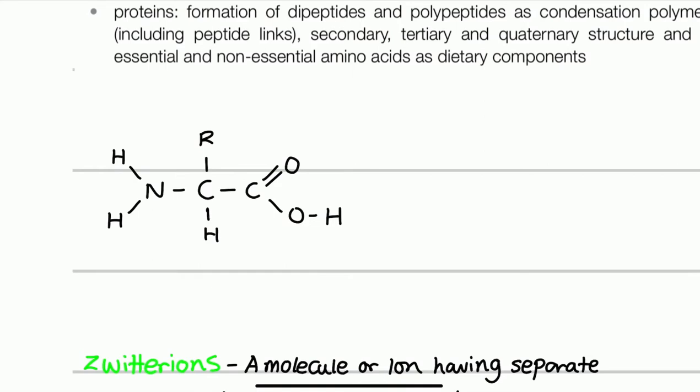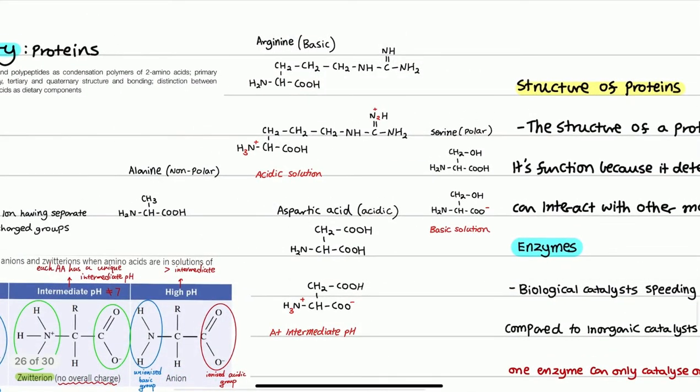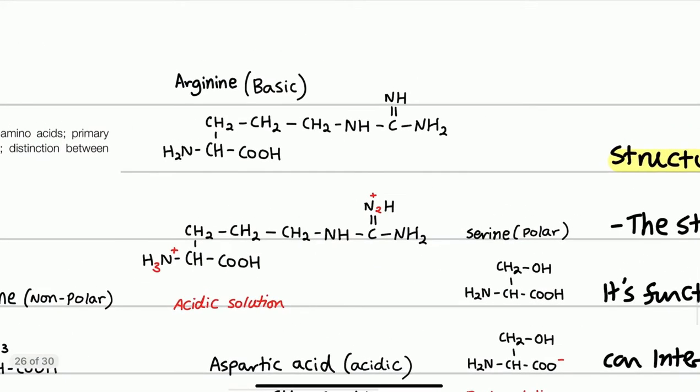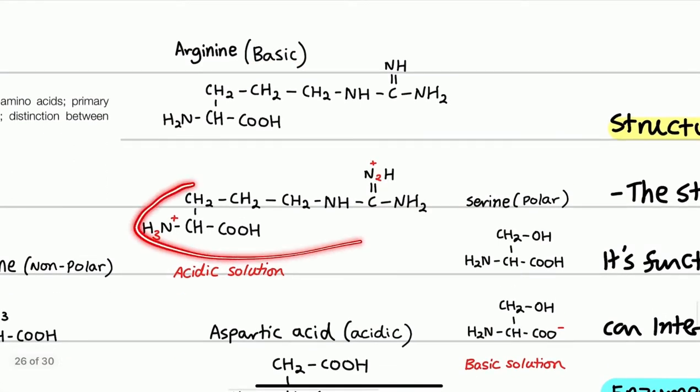Now let's look at a couple of examples. So, as you can see here, we have 4 different amino acids, each one displaying a different property. If you look up here, we have arginine first up, and from the abundance of the amine groups here on its side chain, it has the ability to accept protons, hence classifying it as a basic amino acid. And as you can see down here, this is going to be the structure of arginine in an acidic